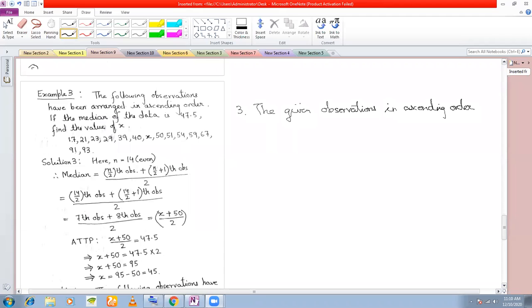Yes, you either arrange it in ascending order and start counting from the left side, or you can start counting from the right side. You don't even need to arrange it in ascending order. No problem. So the given observations in ascending order are